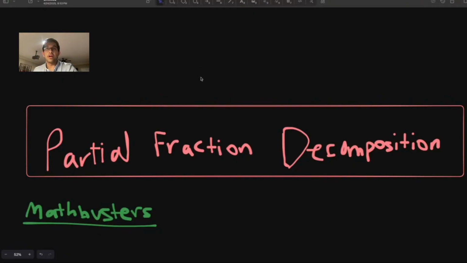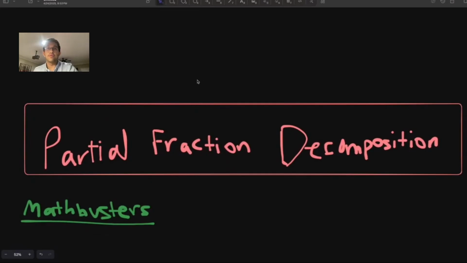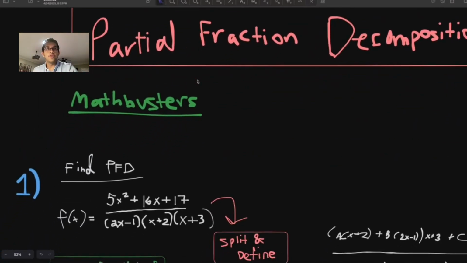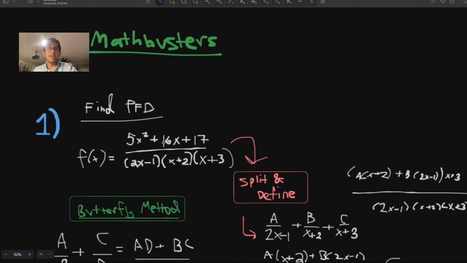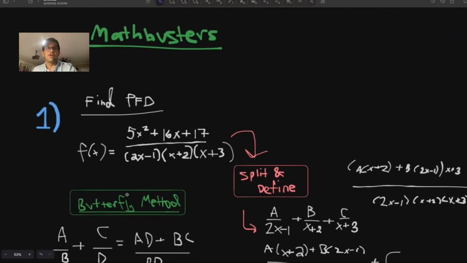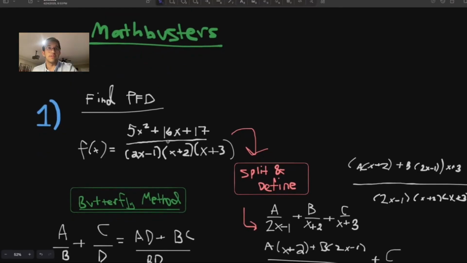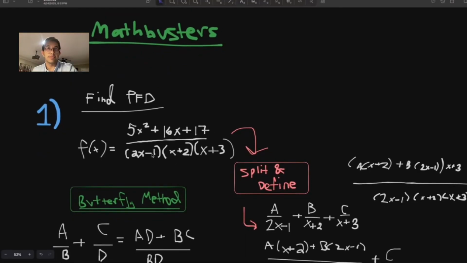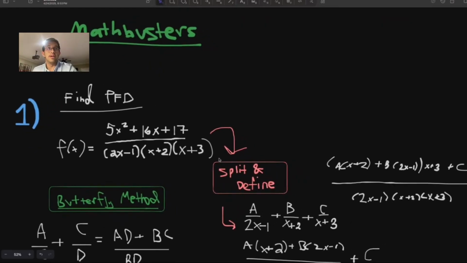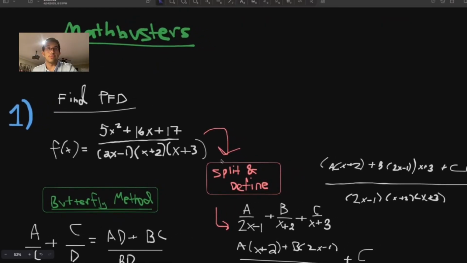So the thing that we'll be talking about today is partial fraction decomposition. And let's dive right into it. The first practice problem we're going to look at, and I'll explain throughout the way what exactly we're doing. So we want to find the partial fraction decomposition of this function right here. F of x equals 5x squared plus 16x plus 17 over (2x minus 1) times (x plus 2) times (x plus 3). Okay, so the first thing we want to do whenever we're approaching a partial fractions question is split